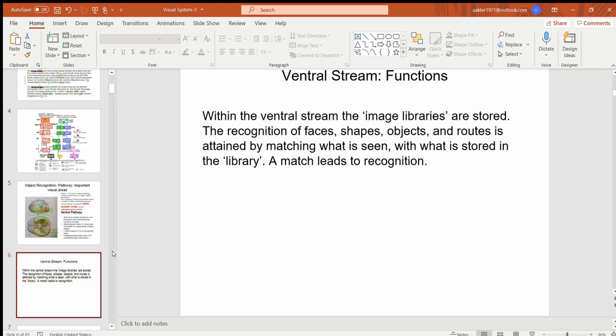Okay, how the ventral stream works. The ventral stream works as an image library. So within the ventral stream, the image libraries are stored. That means the recognition of faces, shapes, objects, and routes is attained by matching what is seen. So the information is already stored there, and when you see, the areas will match with your stored information and will give you the